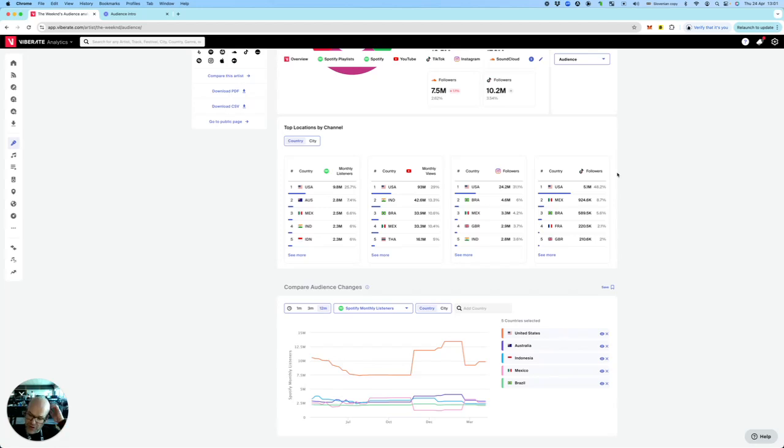It's important to point out that Viberate and all other analytics services only has access to audience level data, not the track level data, which means that we can only measure the location and the demographics of subscribers, not the engagement actions.